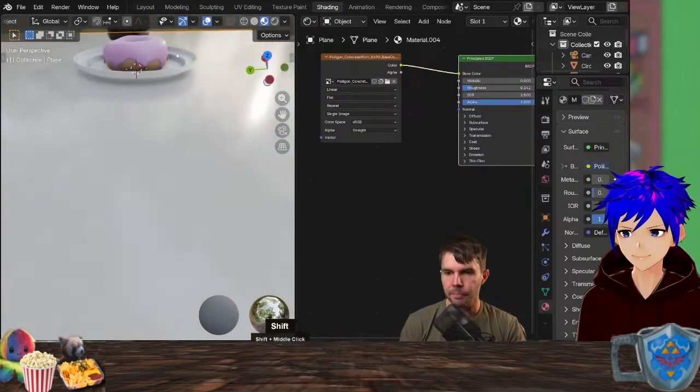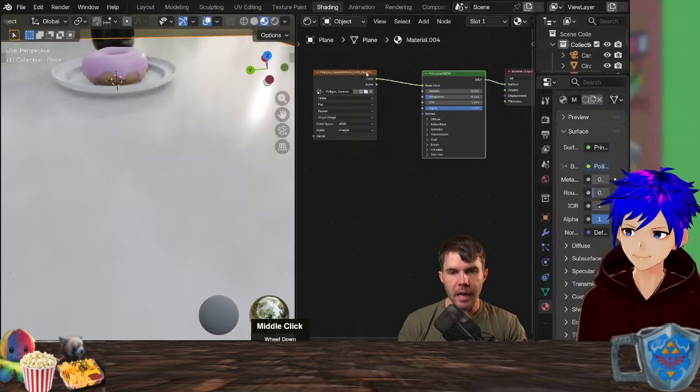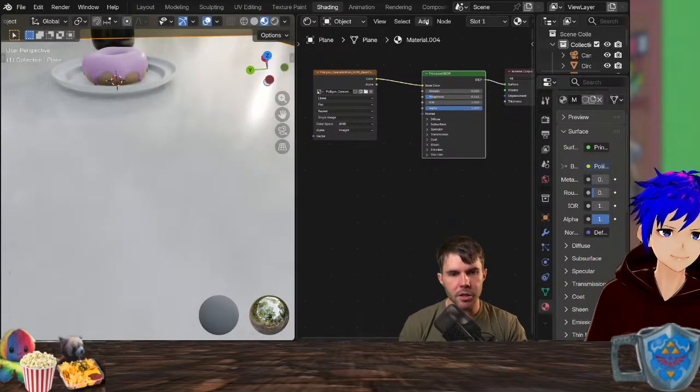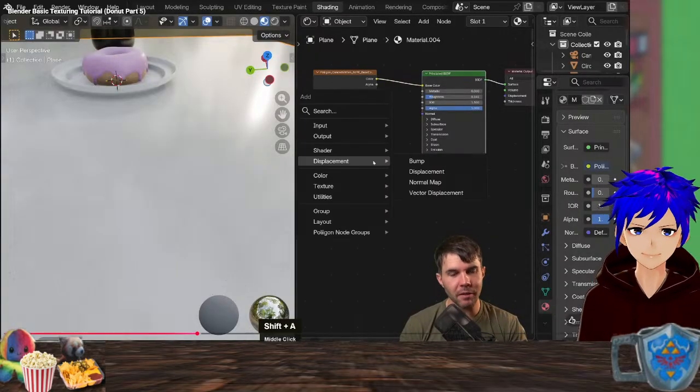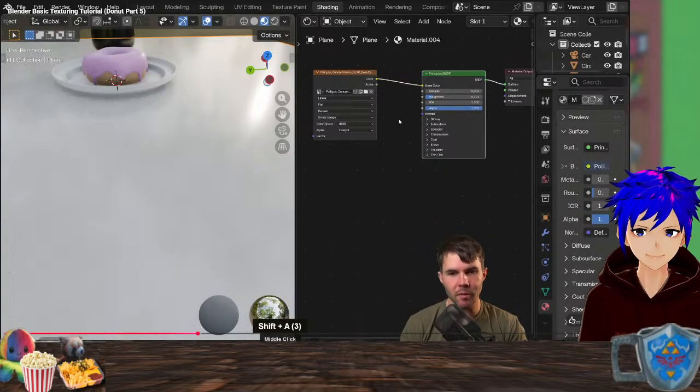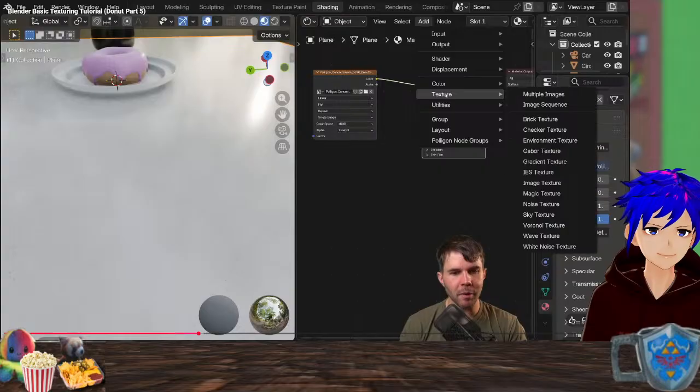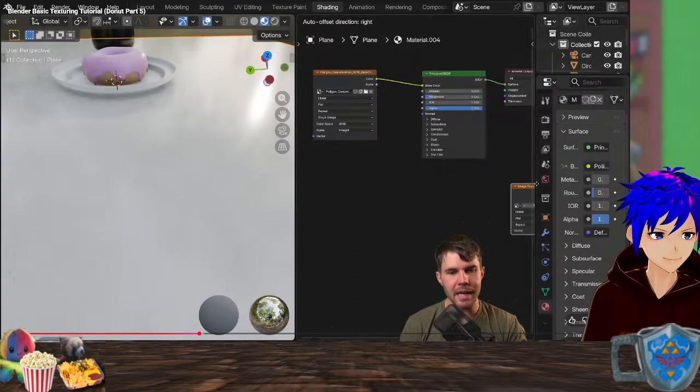It's called Material Preview. So let's load in another image. So I'm going to hit, I could hit Shift A, or I could just go Add at the top of the screen there. It's cool that Blender's hotkeys are the exact same ones everywhere. So Shift A is the same as Shift A over there, right? Add. And I'm going to go texture, and I'm going to say image texture.